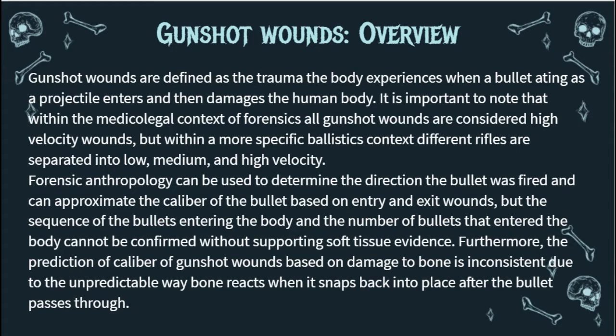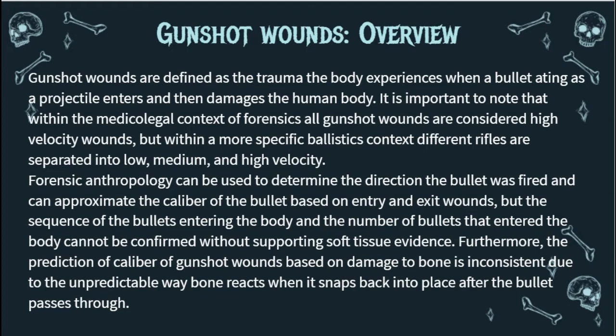In forensic anthropology, we can determine the direction of a bullet wound on a skeleton, and we can look at certain aspects like beveling, the size of the entry and exit wounds, if there is an exit wound, and the distinction of the fractures and the damage that the bone has, the damage of the bone in the human body caused by the gunshot wound to determine our analysis of this human skeleton.